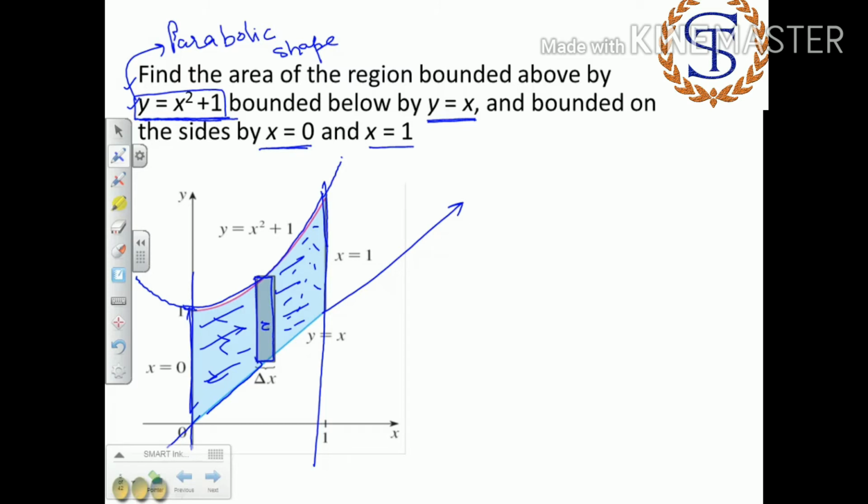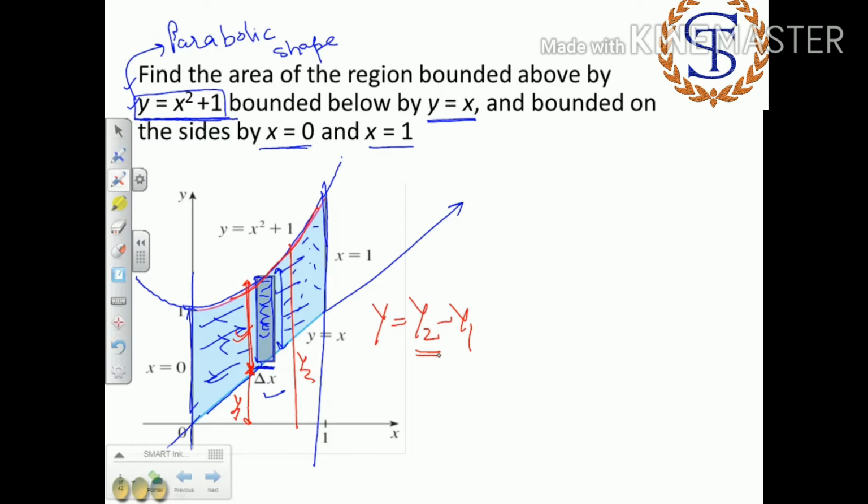So what is the area of this vertical or this rectangular strip? Again the width of this rectangular strip is delta x, and what is the length of this rectangular strip? Let it be y. So how can you find this y? It is very simple. It is the parabolic curve. Let it be y2, and the length of this portion, let it be y1. So how can you find y? So y now becomes y2 minus y1.